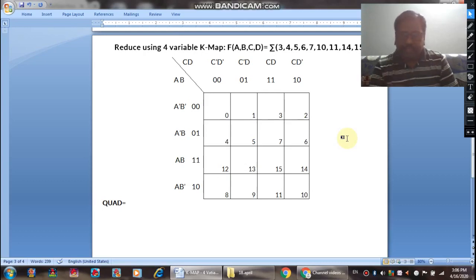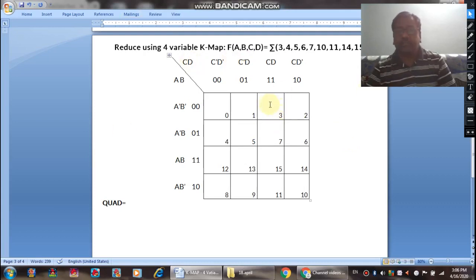side. Then we have to write the gray code, and the gray code is to be followed by the minterm since we are working on SOP. And after that, at the bottom right corner of each cell, we have to write the cardinal numbers, and the structure will be complete. Once the structure is complete, we are supposed to plot one at the cardinals which are given in the question paper.